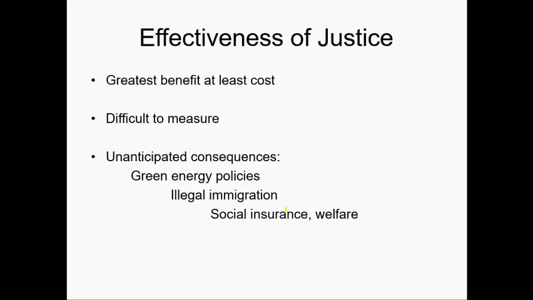Now, how is justice effective? Well, you could argue that we're trying to get the greatest benefit for the least cost. And again, when I'm talking about justice here, I'm talking about providing for your people what your people need fairly and consistently. And this benefit may be difficult to measure, as are the costs, as far as trying to have some sort of effective justice. Now, another thing that we have to deal with when we're making decisions or dispensing justice or creating policies that help people, well, we can have some unanticipated consequences.